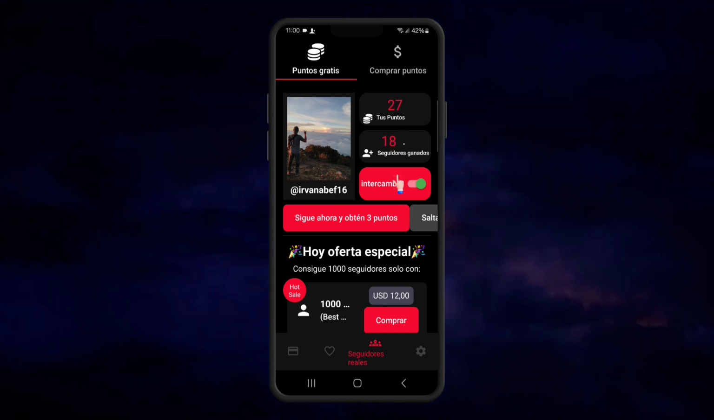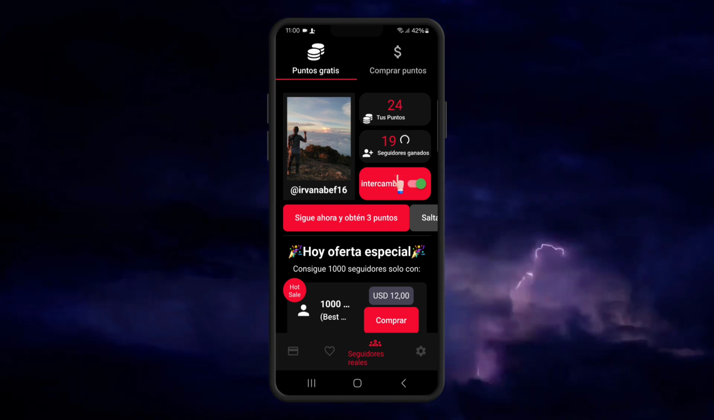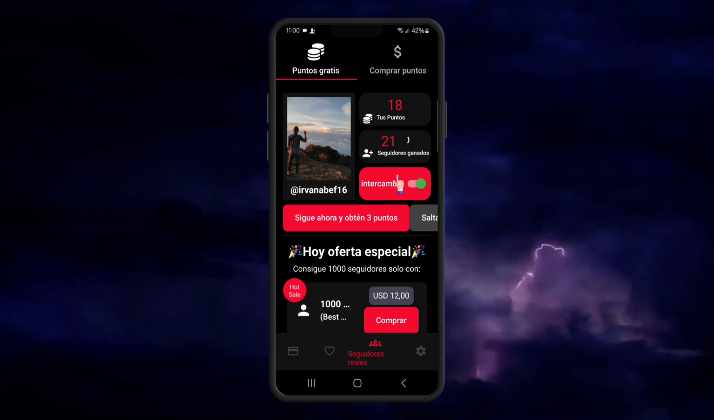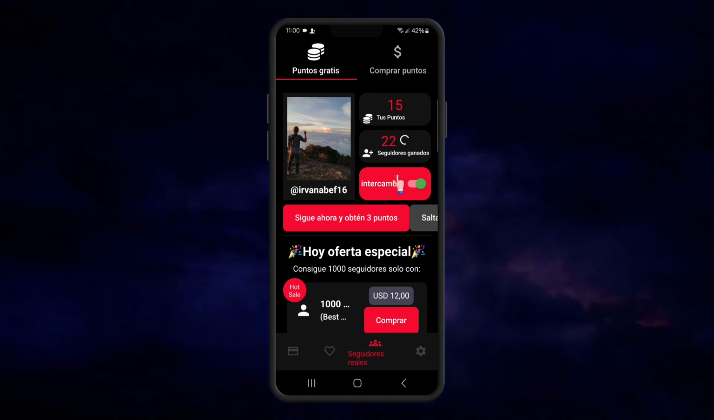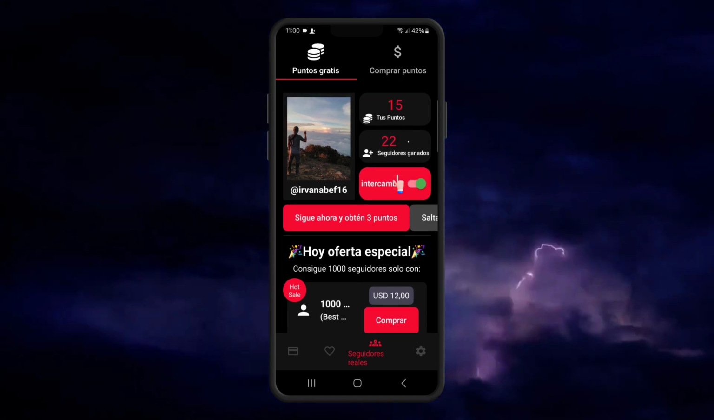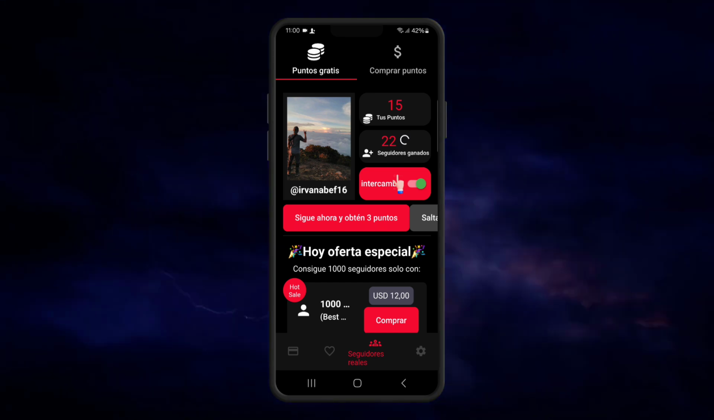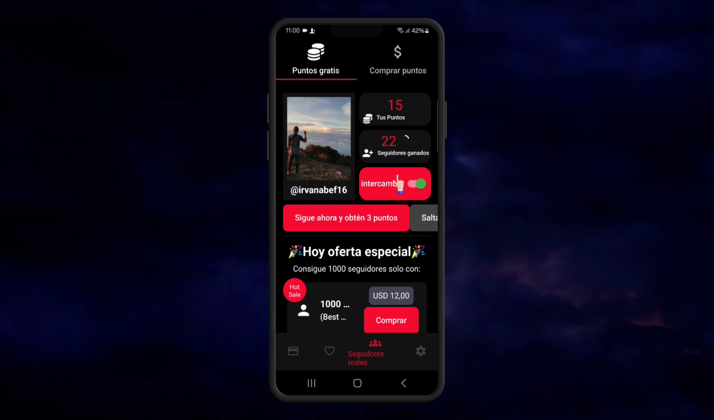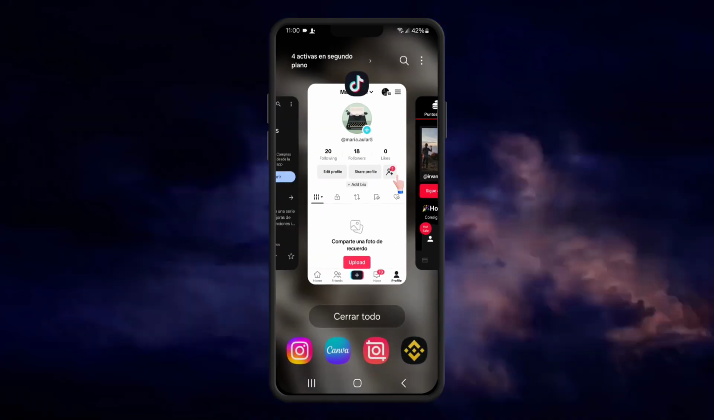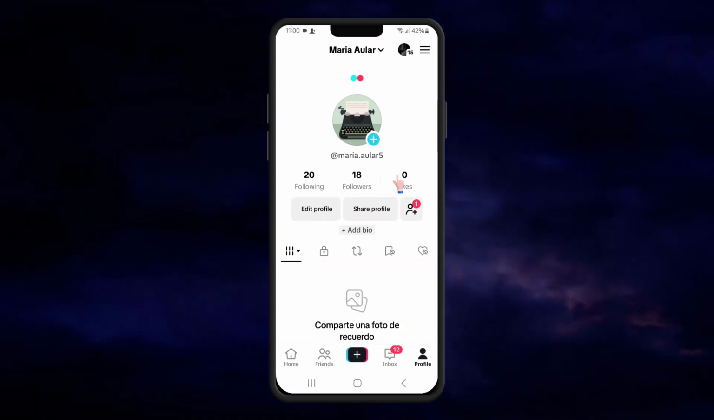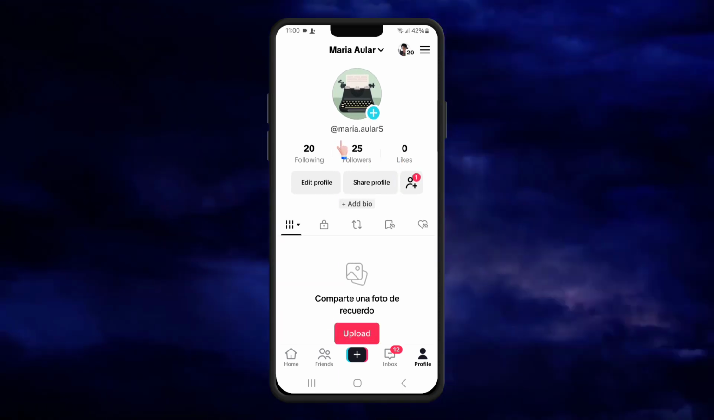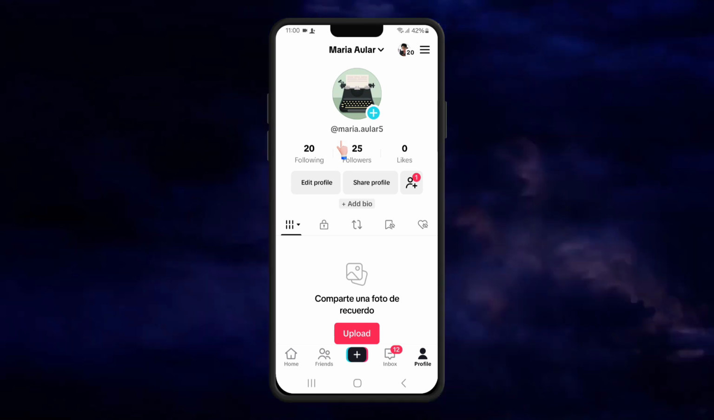Now it's going to show a small advertisement. We are going to touch it, and we see that we already have one more follower. This is gradually what we are going to be able to see. I am going to go back, and we see that we already have new followers here. I have more followers. This is interesting,